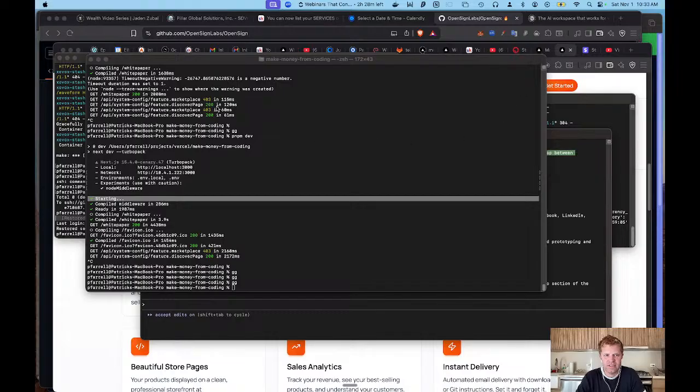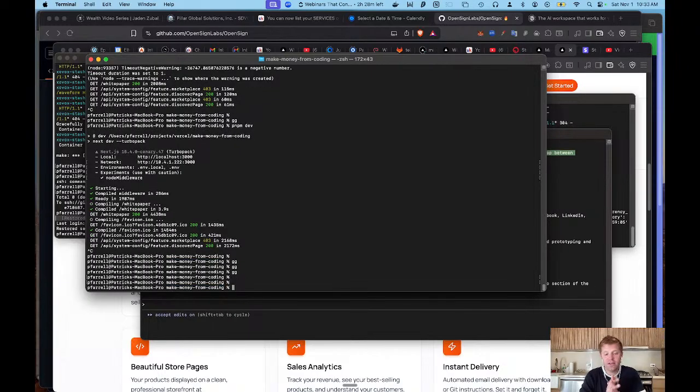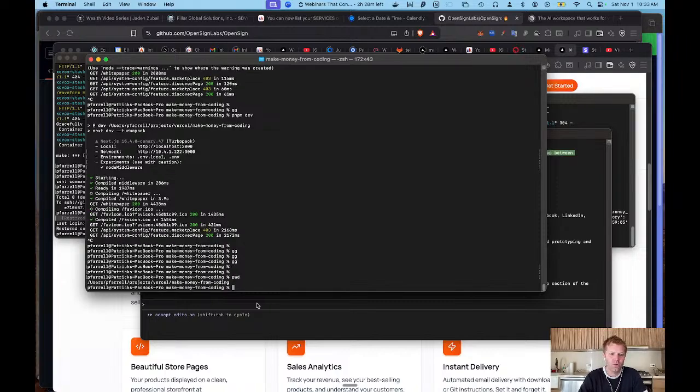If you guys can see this terminal, there is a folder here called Make Money from Coding, and I can do whole videos talking about the terminal if that's interesting for you. But there's a few main commands that I would learn, which is one is PWD. This is what project folder am I actually in? And what you're probably more familiar with when you are starting out with using computers, obviously, is the browser window,